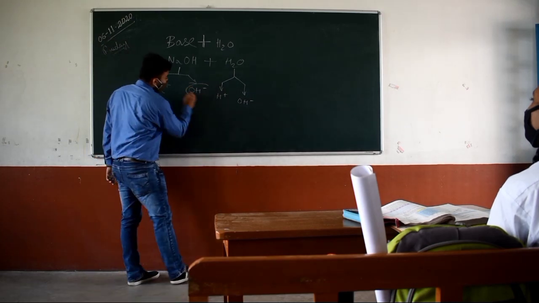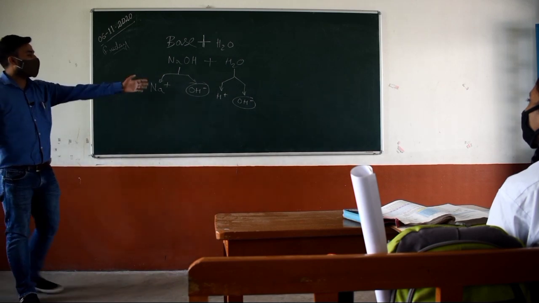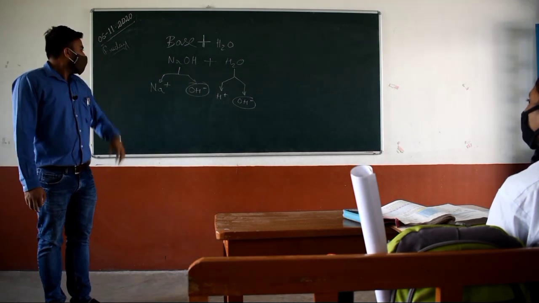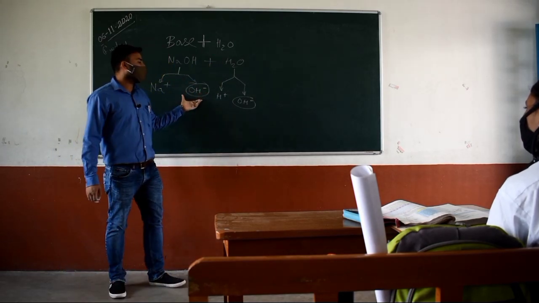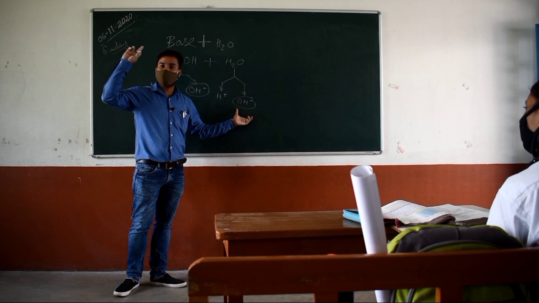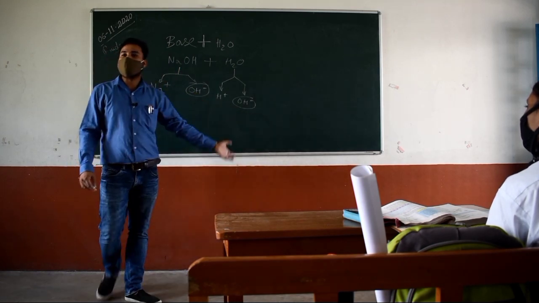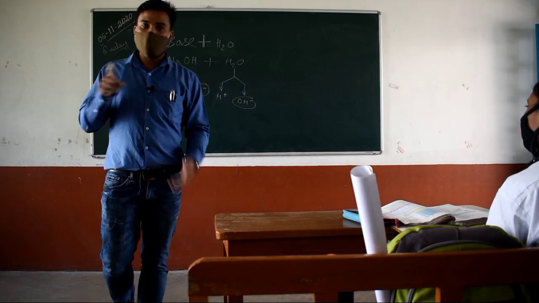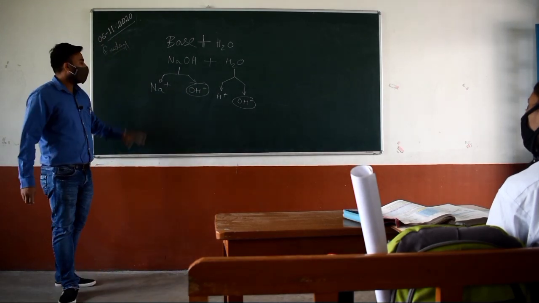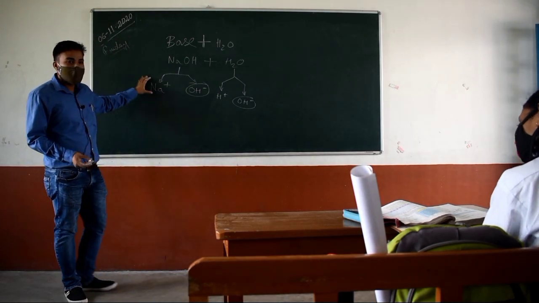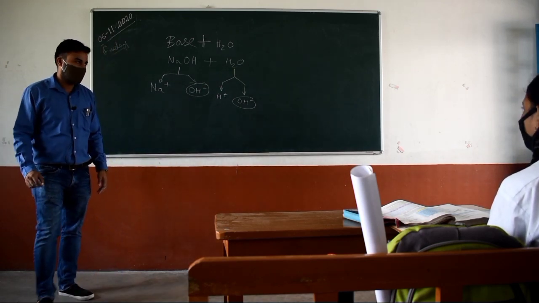Here we have the same type of ions, OH negative here and there also. So whenever one base reacts with water, it always gives OH minus ions, which we already read. From here also we get the definite test that bases always give OH minus ions. Clear?